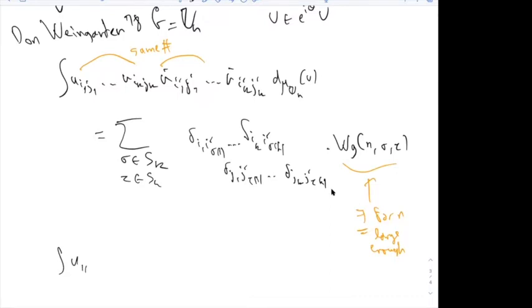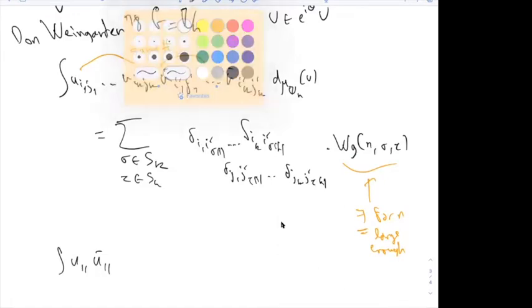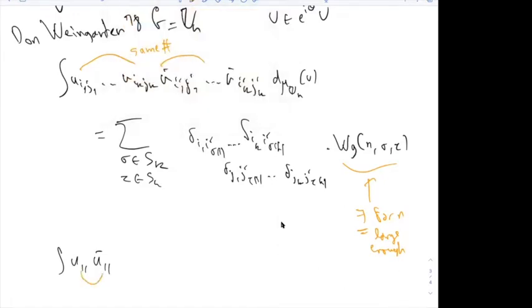So if I look at this, if I want to compute this U11 bar, then I just have one pairing. So let me try to put some colors. I have the pairing, just this pairing for the sigma, and just this pairing for the tau. So I just have one pairing, and in this case what I get is the Weingarten of E, so WGN of E. That's it, which turns out, as you guess, to be equal to 1 over n.